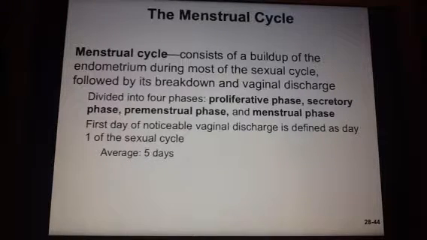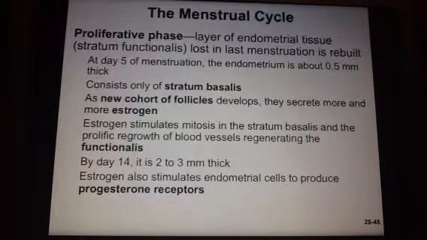For most people, the average is 5 days. I shouldn't say most people. The average is 5 days. So the beginning is the layer of endometrial tissue that is lost. When it is lost, it is then rebuilt. So after day 5 of menstruation, the endometrium is very thin. It's 0.5 millimeters thick. It is only that stratum basalis, which is that lowest layer, and it's able to rebuild from there. By day 14, it is 2 to 3 millimeters thick, and has rebuilt